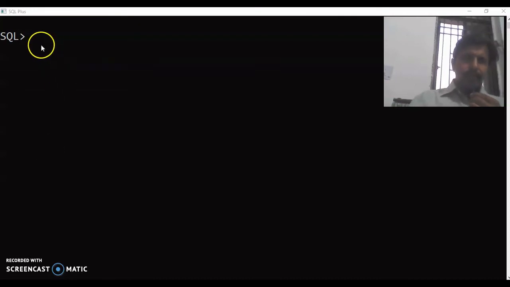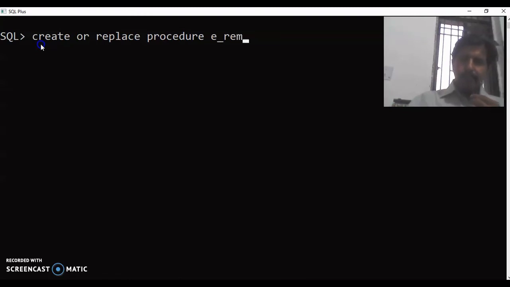The syntax for creating a procedure is create or replace. Why do we write replace? Because later on we can change it. Procedure, then the name of the procedure. Let's say it is for removing an employee, so E_rem.